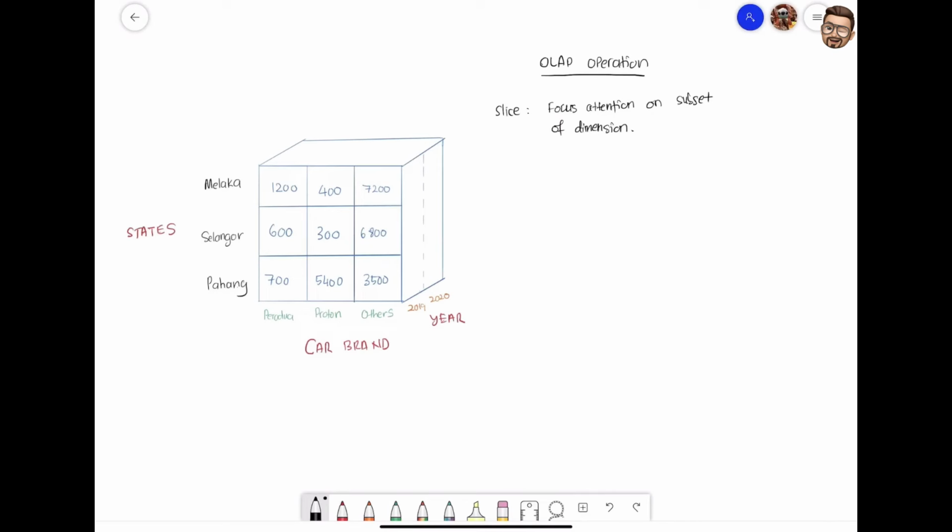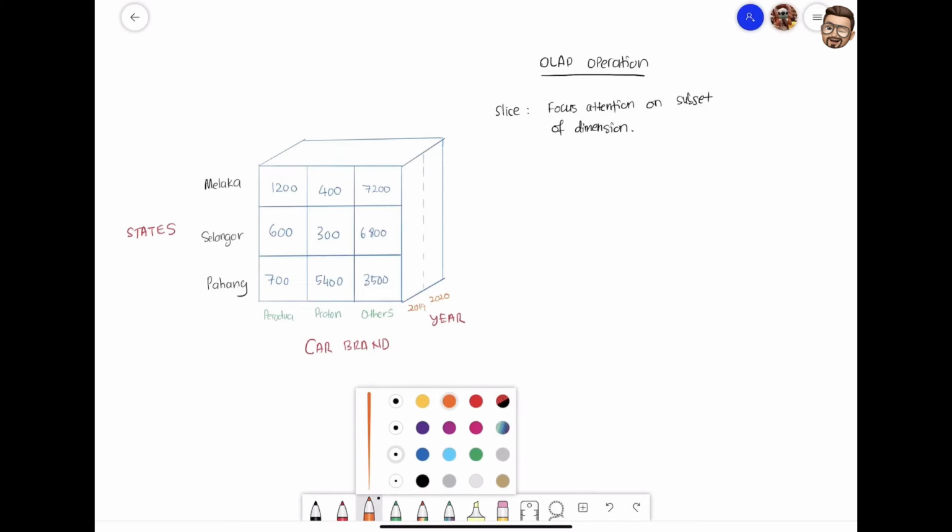So now let's say we have this data. Let's take a look at the OLAP operation. We have state: Melaka, Selangor, and Pahang. And we have car brand: Perodua, Proton, and others. And the Z is our year, 2019 and 2020. So if we take a look based on this data, this is the sales